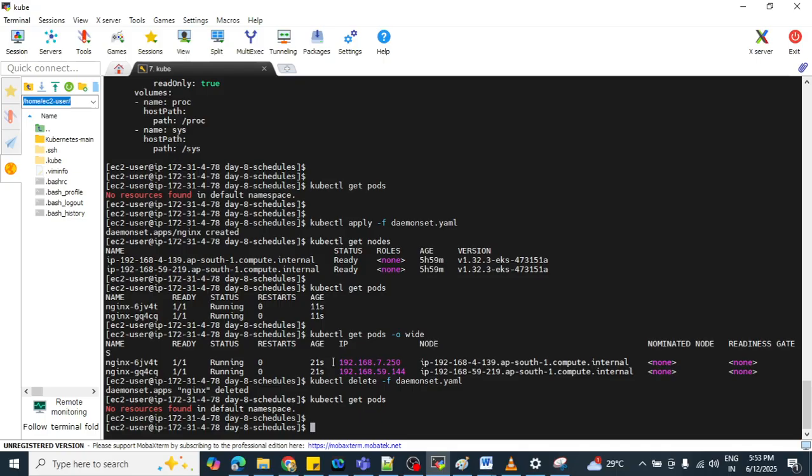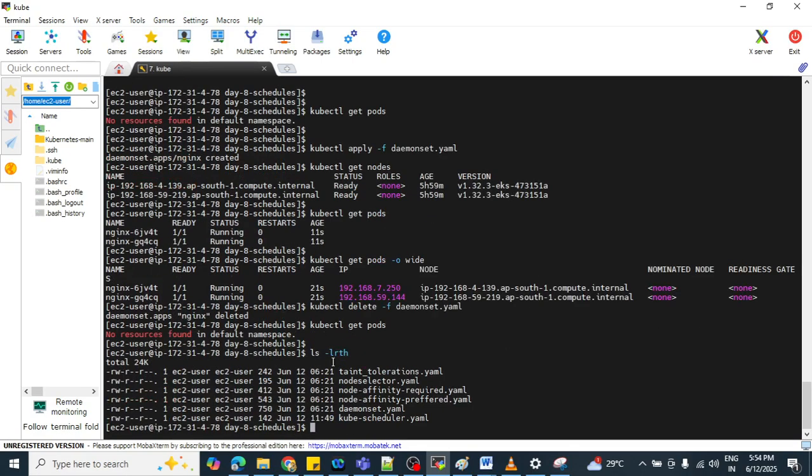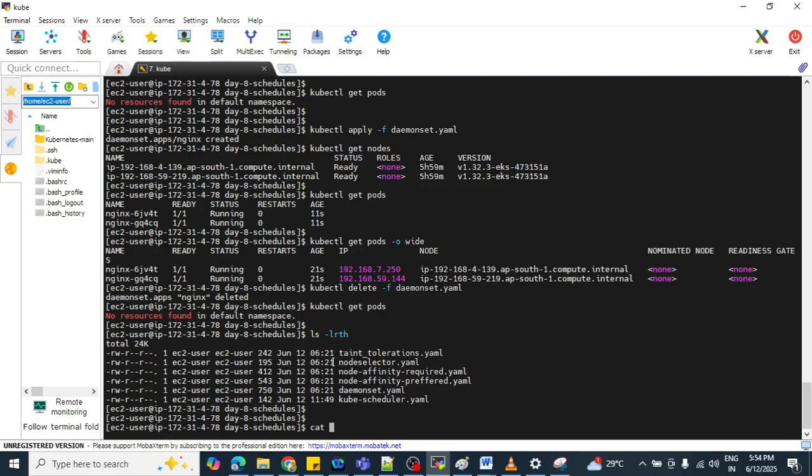Suppose I want my pod to schedule on a particular node. In that case I am choosing that particular node, so we use the node selector concept. Kubernetes only schedules the pods onto nodes that have each of the labels you specify. So here we need to specify the label, which means we need to assign the label to that particular node. Let me show you so that it will be clear.